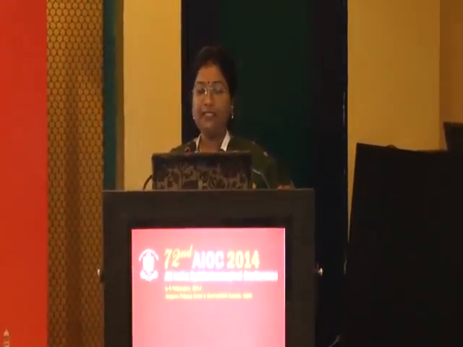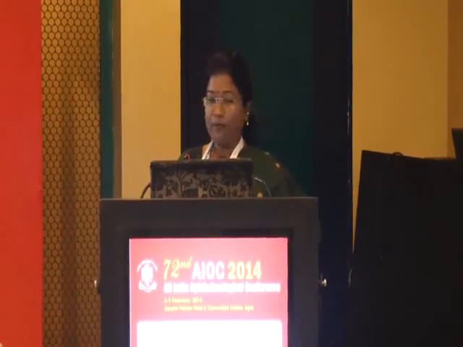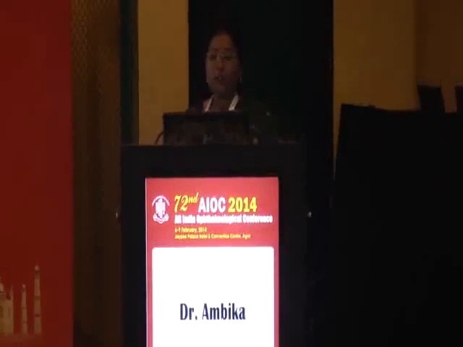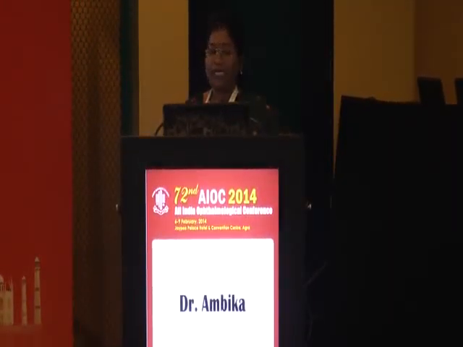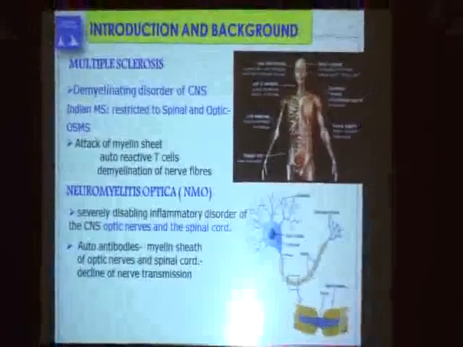I'm going to talk about the evaluation of IIF against ELISA in detection of AQP4 antibodies for optic neuritis. The aim is to emphasize the importance of doing this assay in addition to comparing these two assays in detection of these AQP4 antibodies. I don't have any financial interest, and we all are aware very much that optic neuritis can be associated with one of these two deadly CNS disorders which are demyelinating basically in nature, and optic neuritis can be a forme fruste of one of these two.